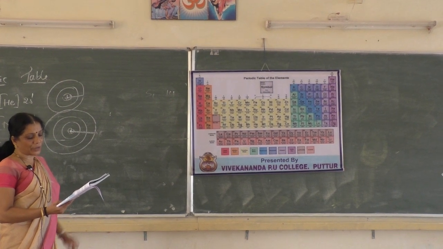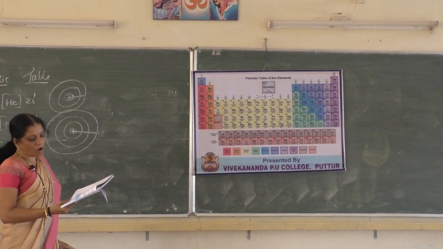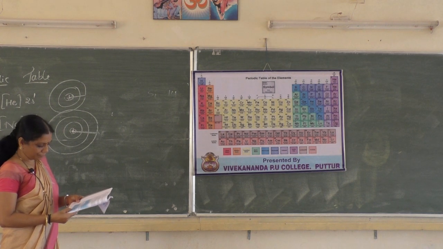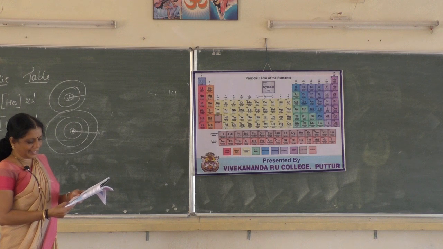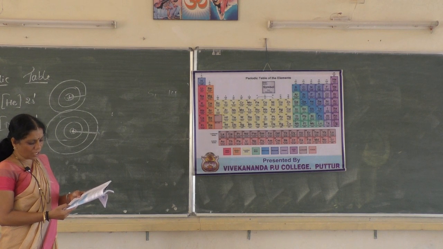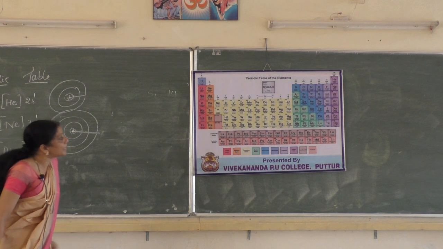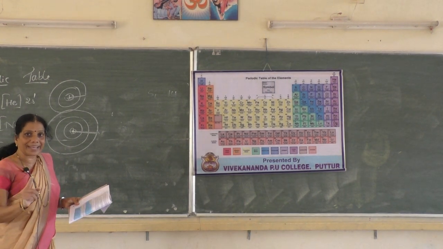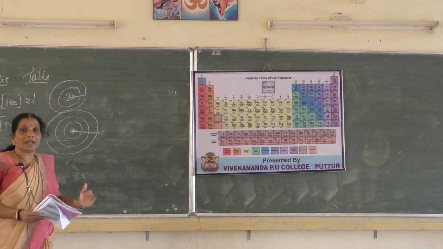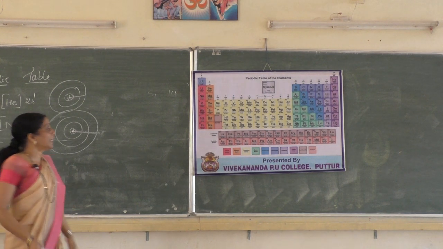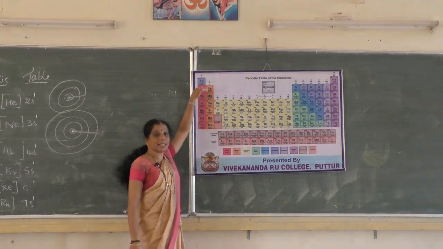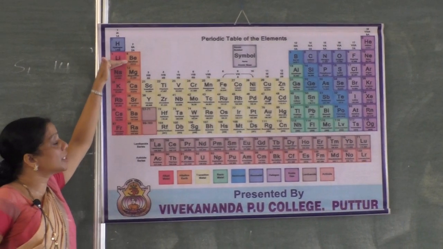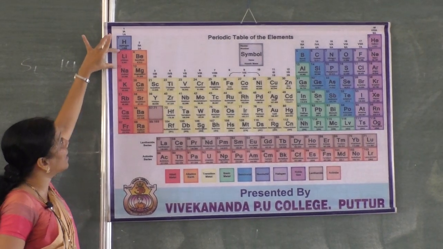And beryllium they have given is 111. And oxygen again they have given, that is the atomic radii is 86, nitrogen 74, lithium 152, carbon 77. Listen here, in this question they are asking you to arrange these elements according to the order in which these elements are present in the second period. Is it clear for you? According to the order in which these elements are present in a second period.